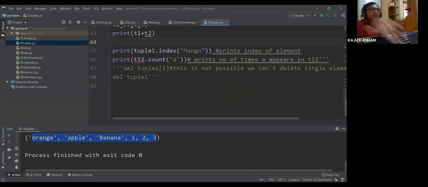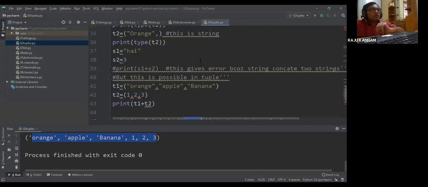So now in tuple we have two methods: one is the index method and the other is the count method, right? The index method is used to find the index of your required element. Now here I want to find out the index of mango.